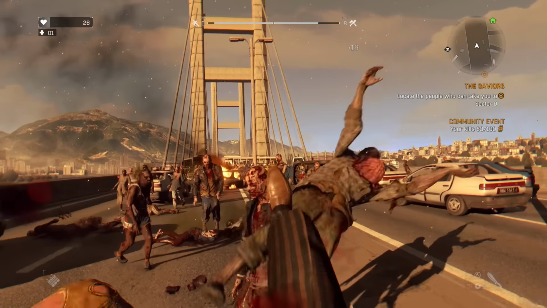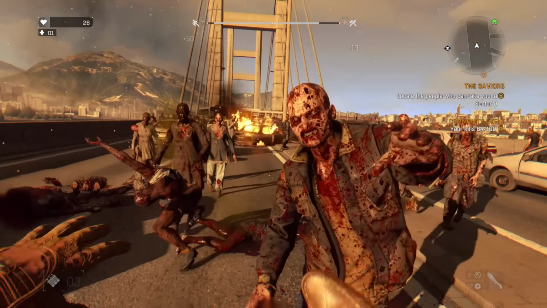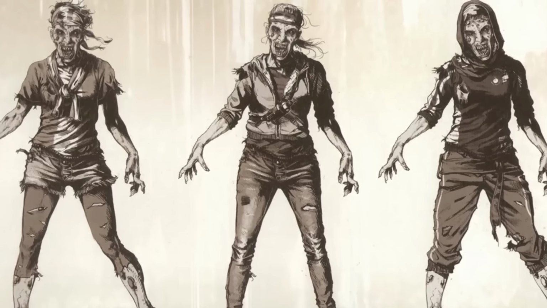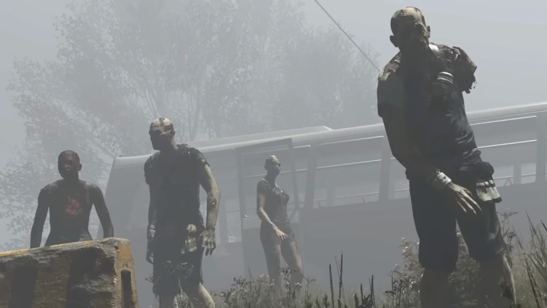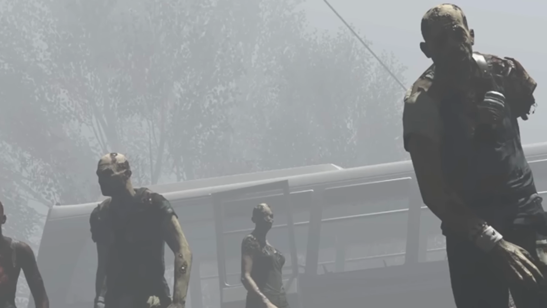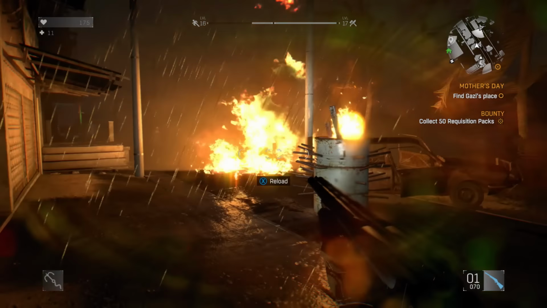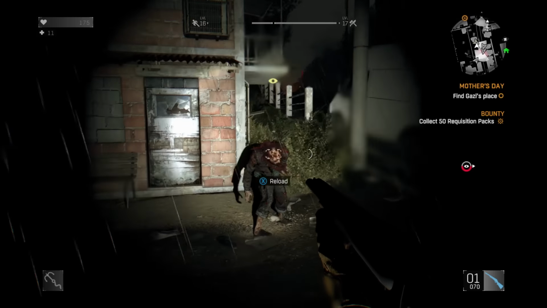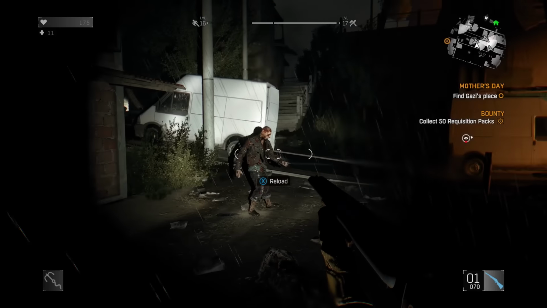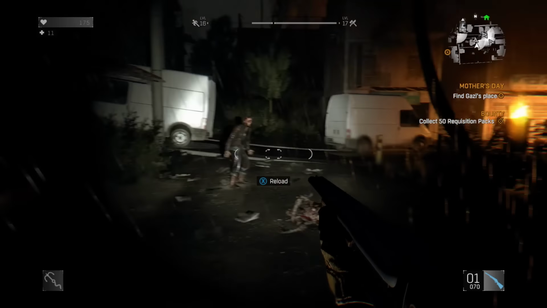Biters are the most common type of infected, but they vary in strength depending on how long they've been exposed to sunlight. The more exposure, the more degraded and brittle they become. Alone, a biter is weak, but in swarms, they become lethal. Some even carry weapons, and during the night, some can roar to alert volatiles. There is a possibility for a biter to go through a sudden mutation, turning into a night walker.